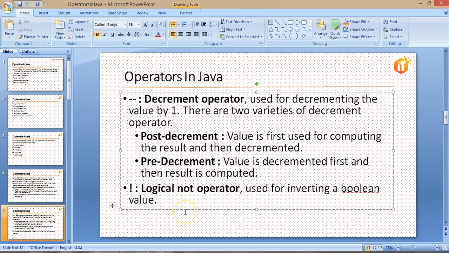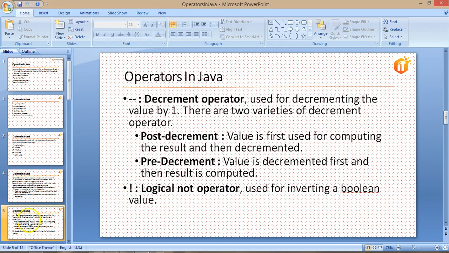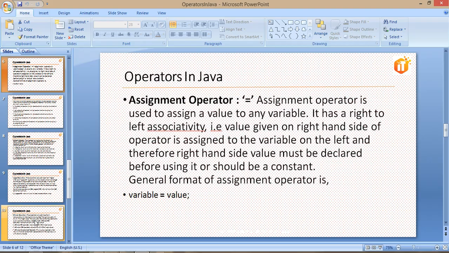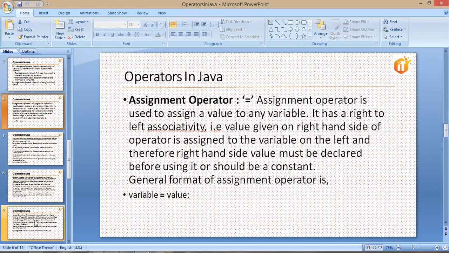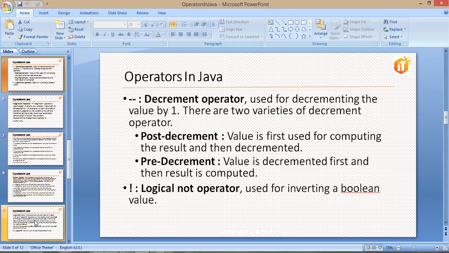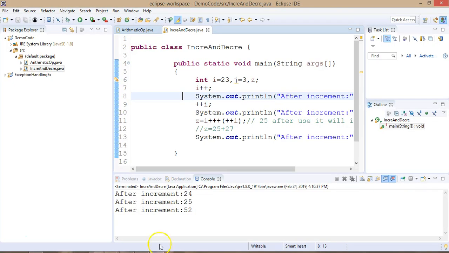Now we'll go for the logical NOT operator, used for inverting a Boolean value. Suppose I have initialized something as a Boolean and I want the inversion of that, for example a flag value, and I want the reverse of that value in the flag. In that case I can use a negation. For example,